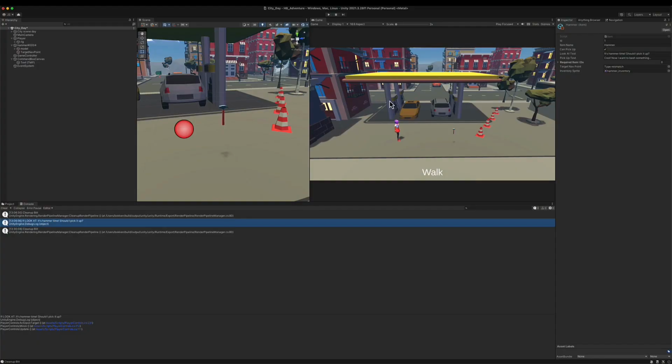In this video, we will create the text box that appears on top of the character's head when there's a dialogue happening, which is another staple of the point-and-click adventure games. I will start by